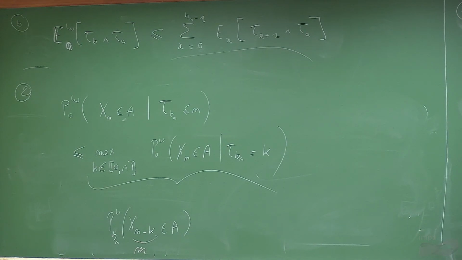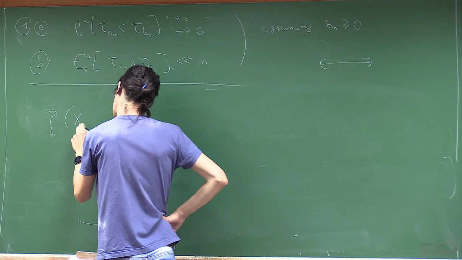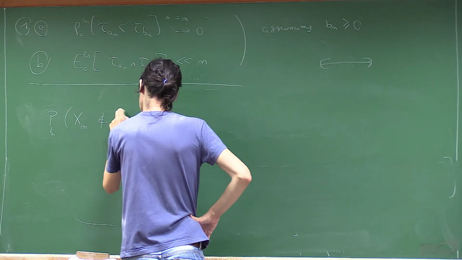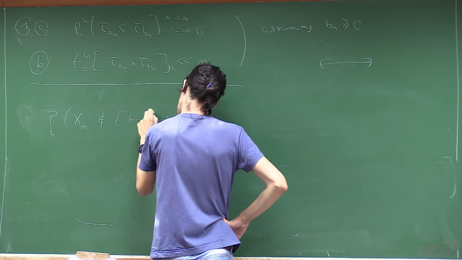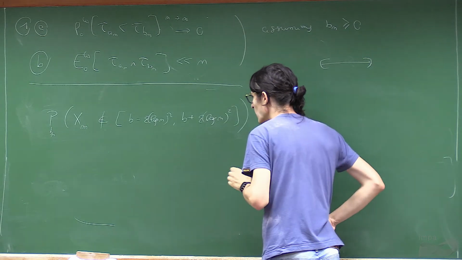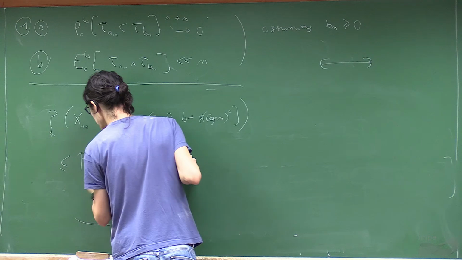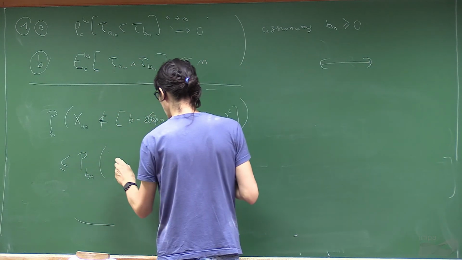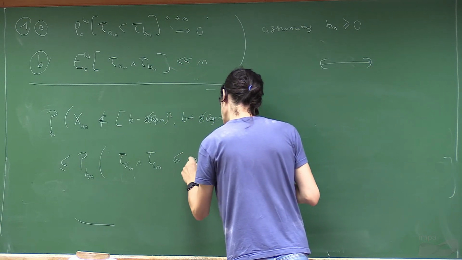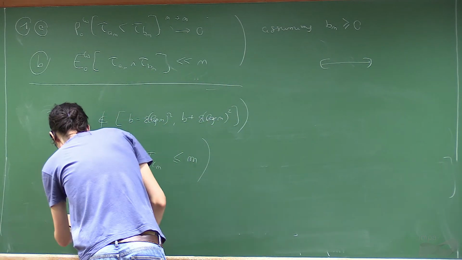Okay, so now the probability that X_m, starting from B_n, does not belong to [B minus epsilon (log n)^2, B plus epsilon (log n)^2]. Well, it's smaller than two things. It's smaller than the probability that tau_{A_n} or tau_{C_n} is smaller than m. Okay, if I land outside of this interval, plus the sum over